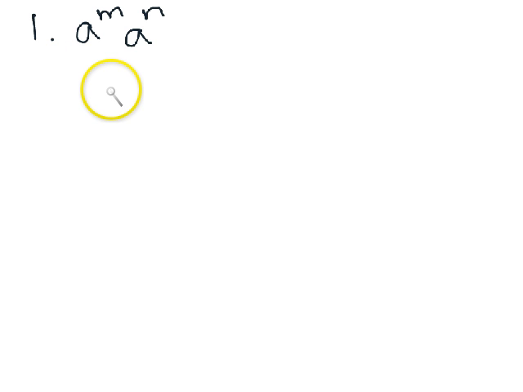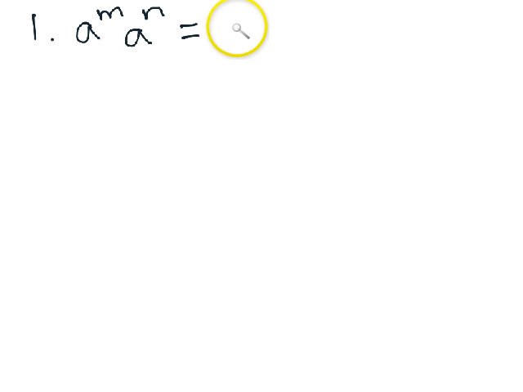Now let's take a moment to go over some laws of exponents. You might want to have your notes handy from the outline just to keep track of these as we go forward, or write them down as we go along for when we do the examples later. So if we take a to the m and multiply it by the same base a to another power n, it doesn't matter if those powers are the same, but the bases must be,